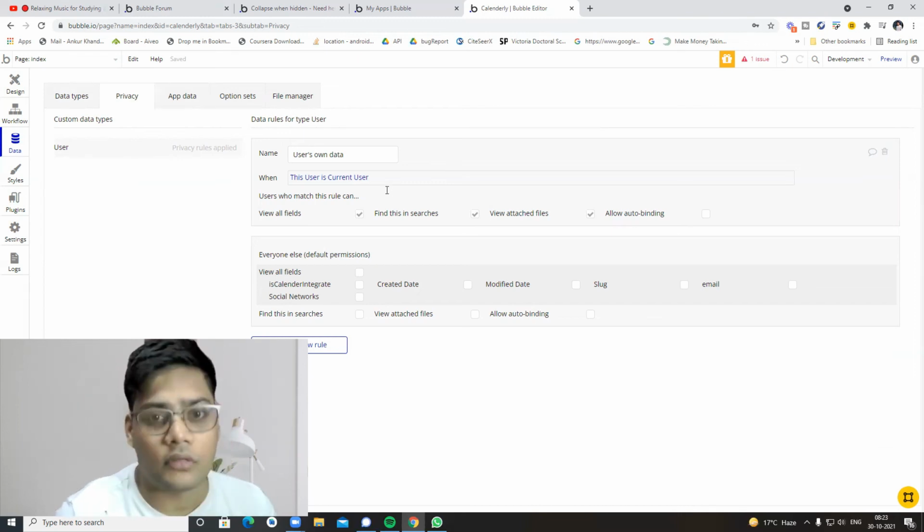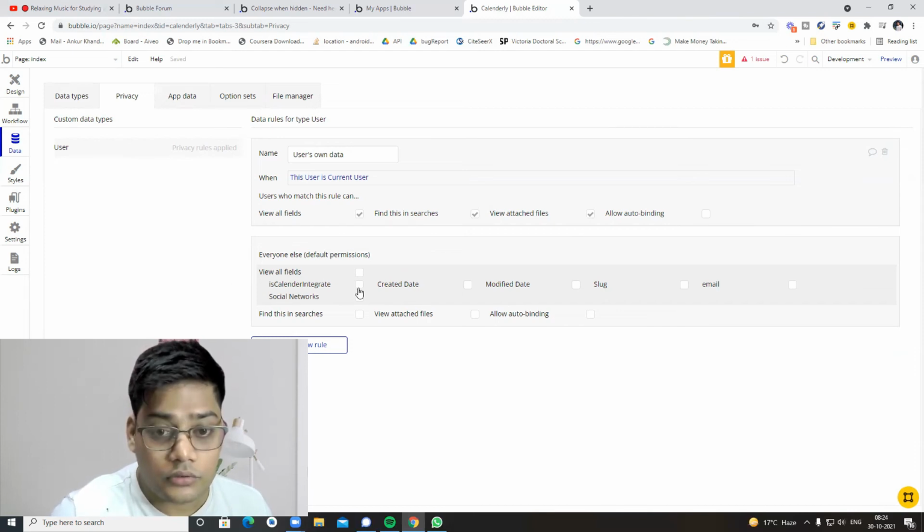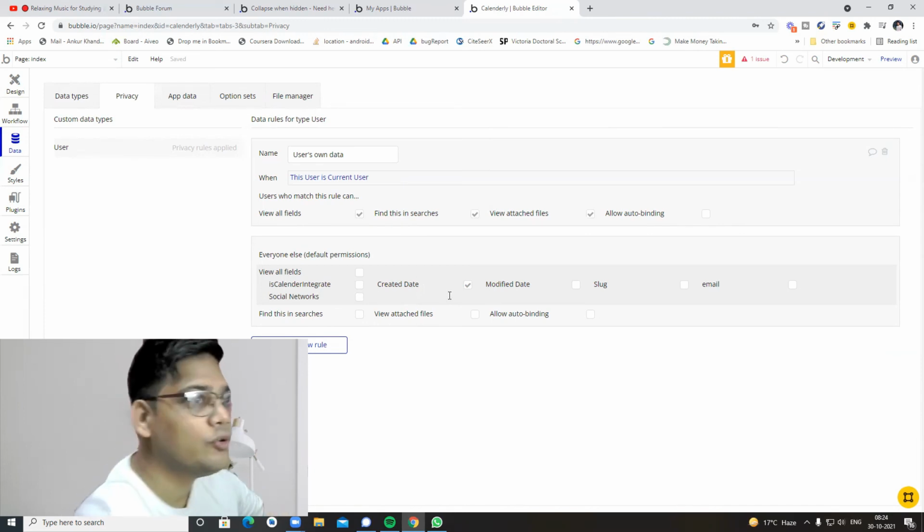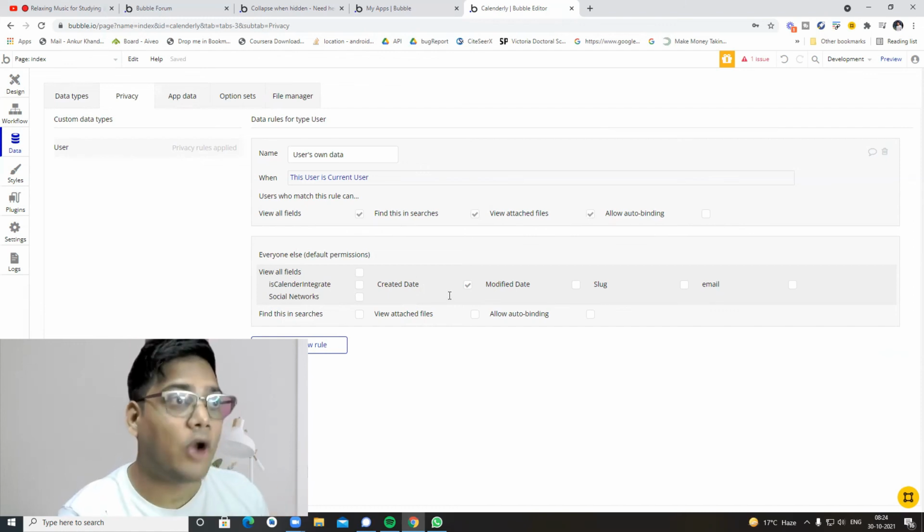For example, I'm showing here, if I check create date, only my create date will appear to everyone else. I am restricting it. If you match my condition, that is okay, you are able to see my whole row, all 26 columns. But when you are not matching, I just want to show you only a single field.